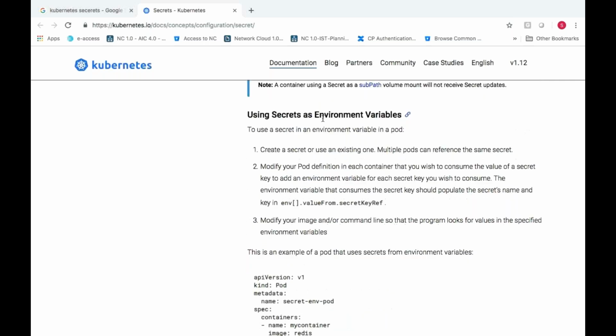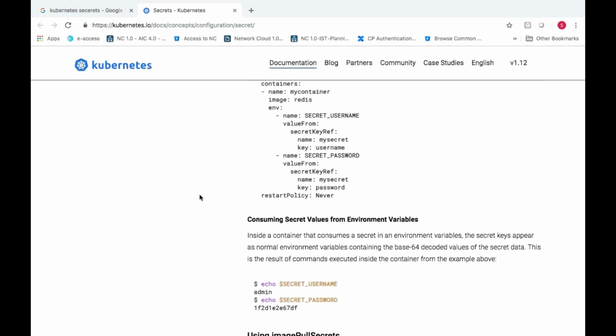But this secret has a password of my MySQL. While installing the MySQL itself, if you specify the environment variable like MYSQL_ROOT_PASSWORD, it will take that particular password. So I've mentioned my password in the secret. So how to use this particular secret in my environment variables? That is the important one, so we'll try to see that.